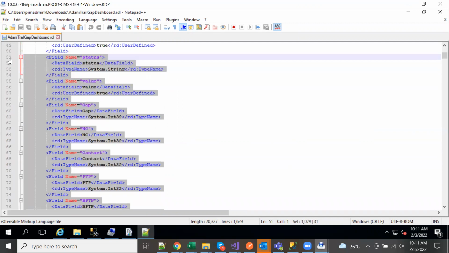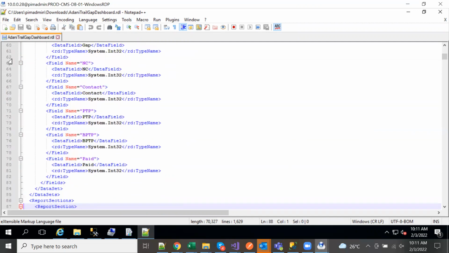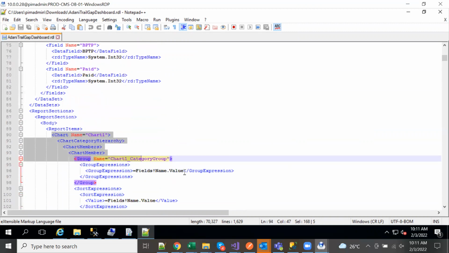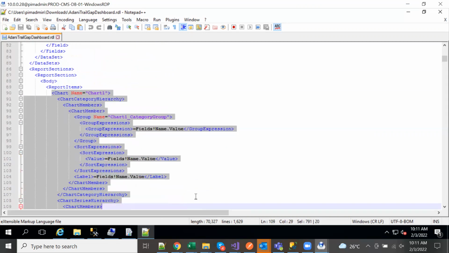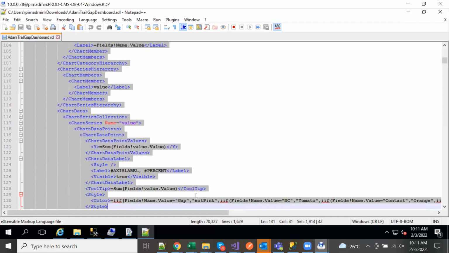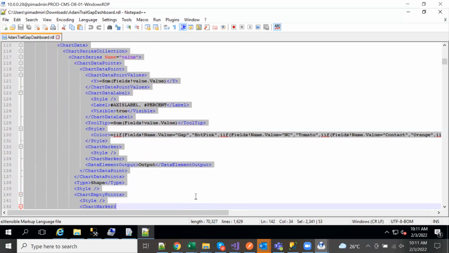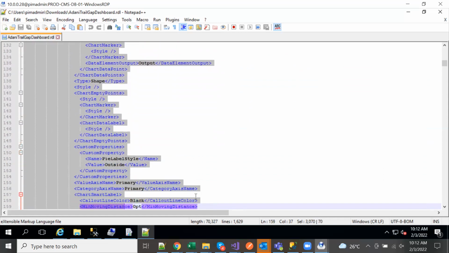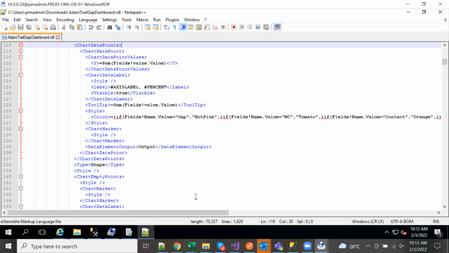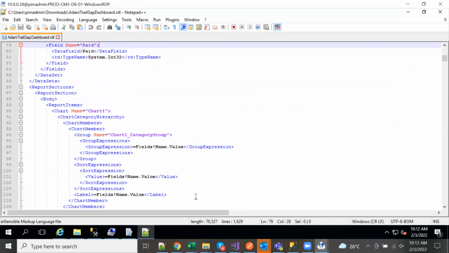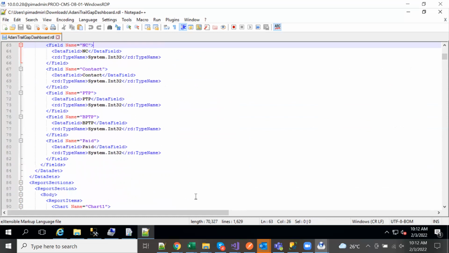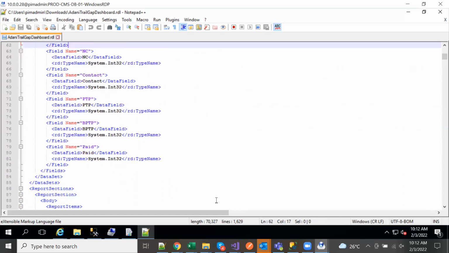All these are the fields which are coming back out of it. So the fields which will be utilized here will be shown up over here. Got it? And then there is a chart that has been designed. So the chart will be used and the report will be coming in. Tomorrow we will discuss how to create the new one. But for now we are only talking about how to support the existing system. Tomorrow we'll go much more into the depths. We'll start from scratch and build the entire report.